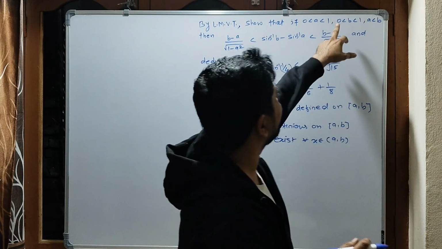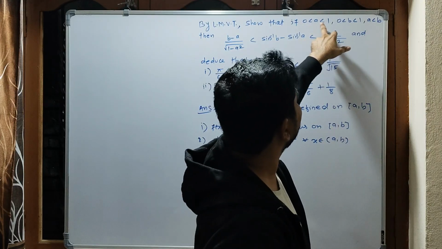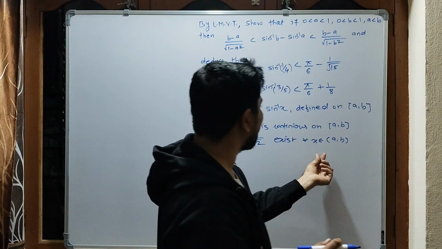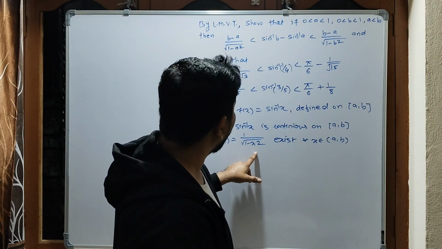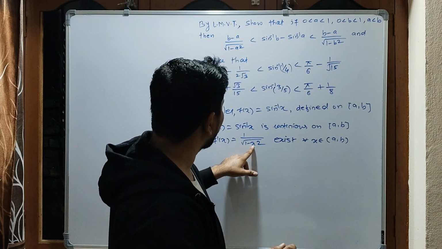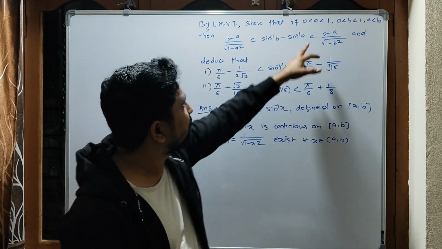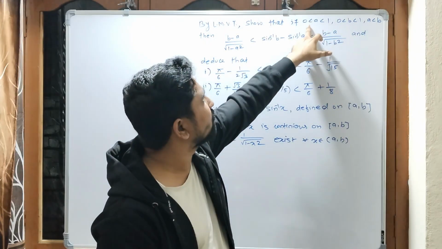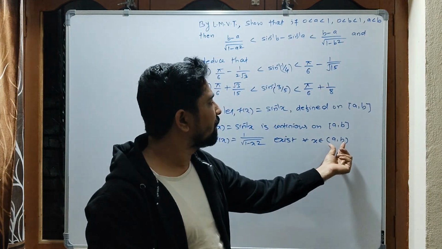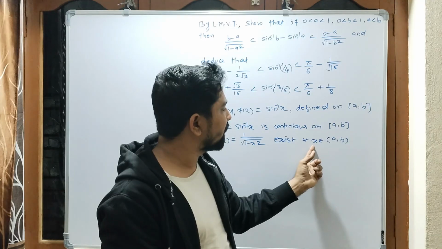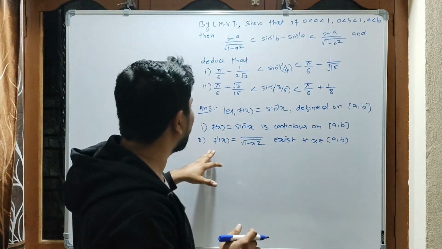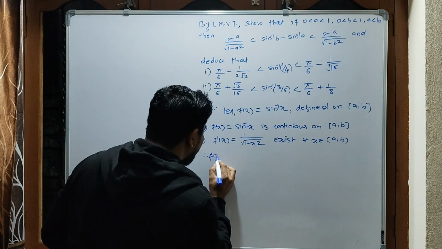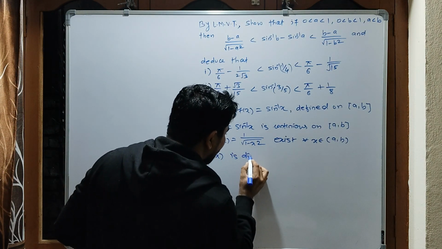Here a, b belong to 0 is less than a is less than b is less than 1, so 0 is not there. At 1 this function is not differentiable; at 1 f dash of x is not defined, but 1 does not belong to this open interval a to b. So a is not 1, b is not 1, but x belongs to the open interval a to b. So f dash of x exists for all x belongs to the open interval a b. Therefore f of x is differentiable